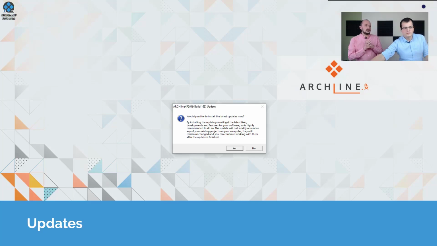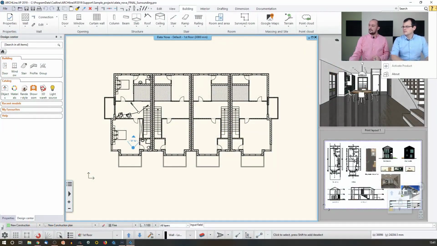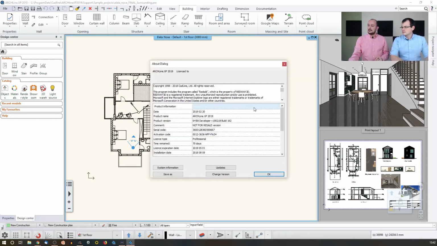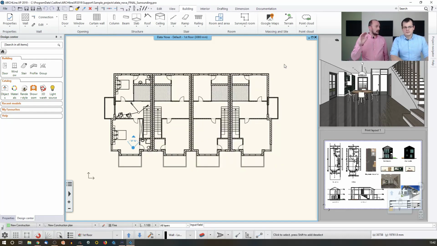So if you go with yes, the software will be updated, and then you can go to the About dialog, and when the installation process has finished, you will see a code, the information called build number. This is what you can see in the account as well, so you can compare those two, which is important